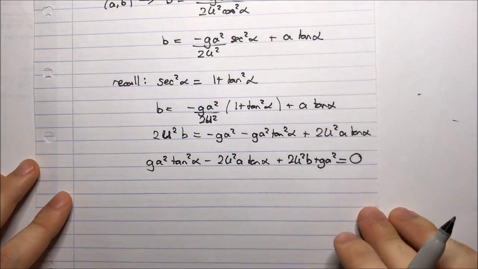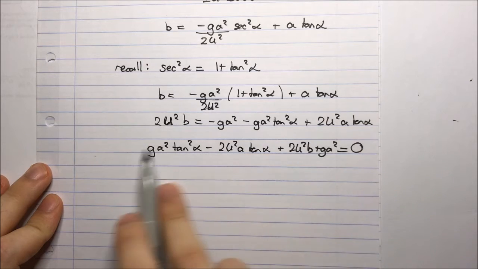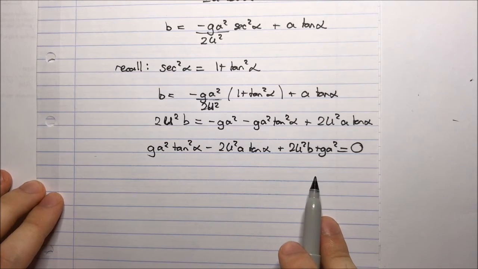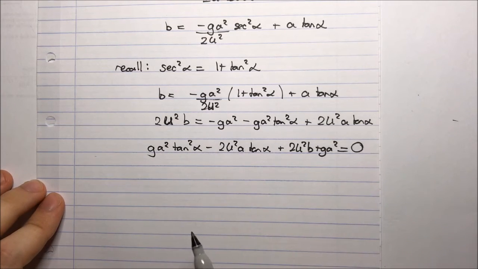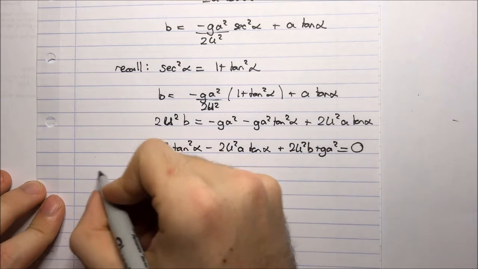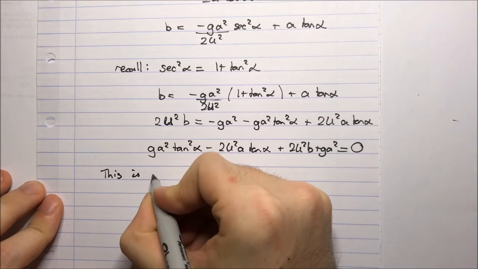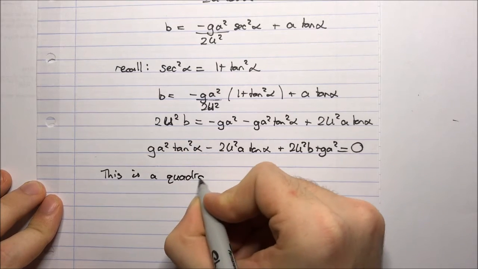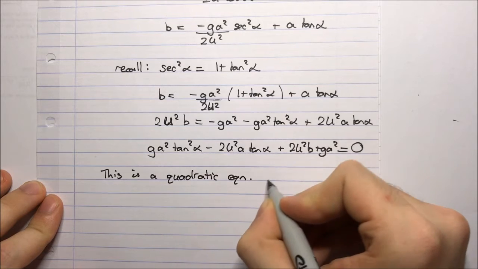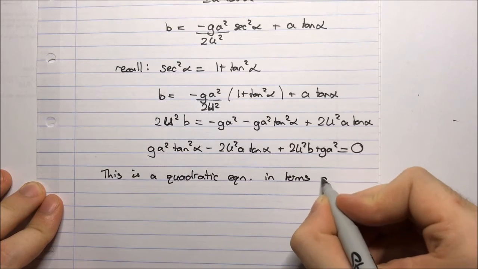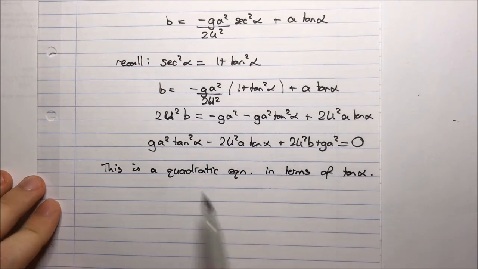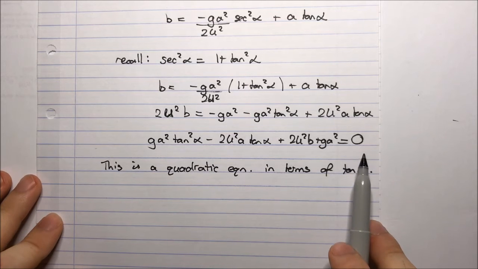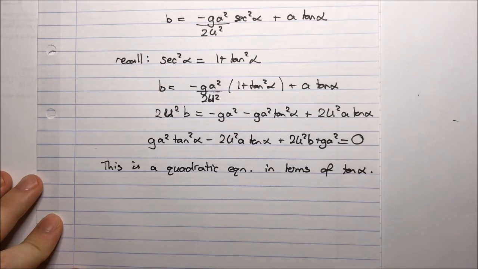And hopefully you can see this equation here as really a quadratic equation in terms of tan squared alpha. And we know that a quadratic equation has two solutions. So this is a quadratic equation in terms of tan alpha. Now, I said that this has two solutions, but it only has two real distinct solutions under